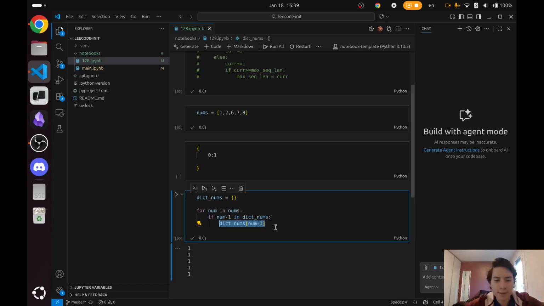Okay, let's forget about the triple case. Let's just do this one first. If the previous one, if num -1, is in the dictionary, then we're gonna add one value, right? And otherwise, I'm gonna check the same, but for num +1, I'm gonna add one value,